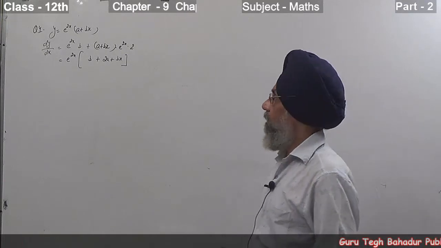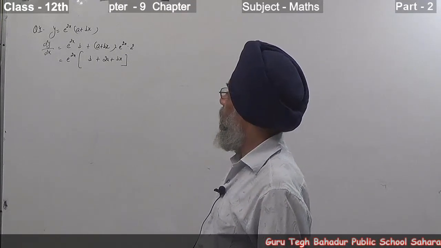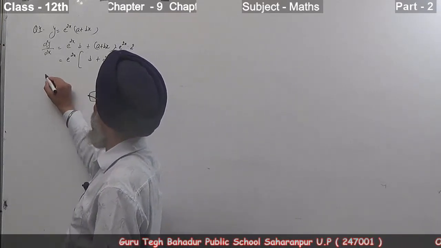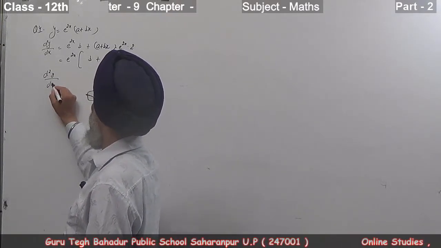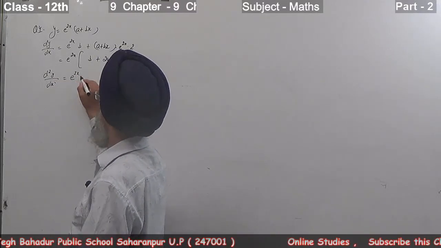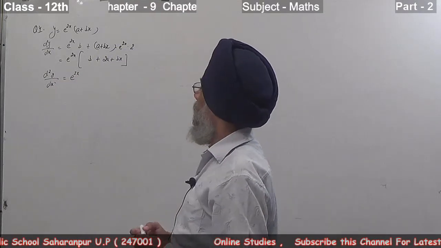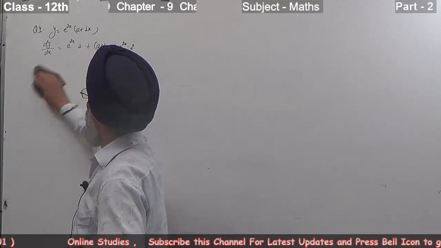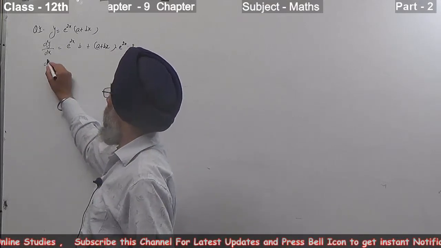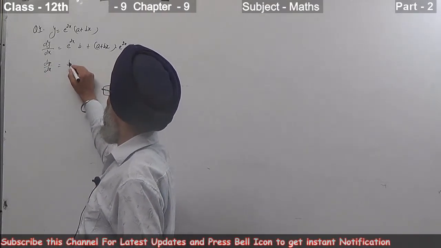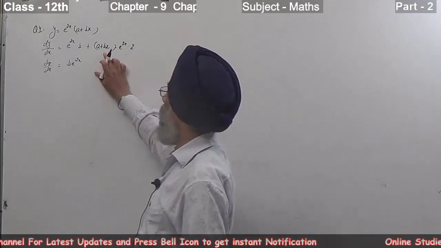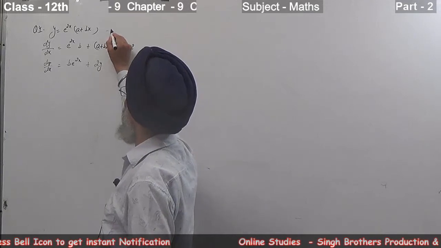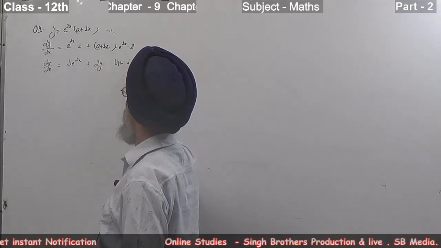Again, if we differentiate, we have to remove both a and b from here. So now d square y upon dx square e to the power 2x. Let us arrange this a little bit, it will be easy for us. If we place the value here, dy by dx equals b e to the power 2x plus 2 times (a plus bx) e to the power 2x. Now (a plus bx) into e to the power 2x is y. It becomes b e to the power 2x plus 2y. You can say this is first.